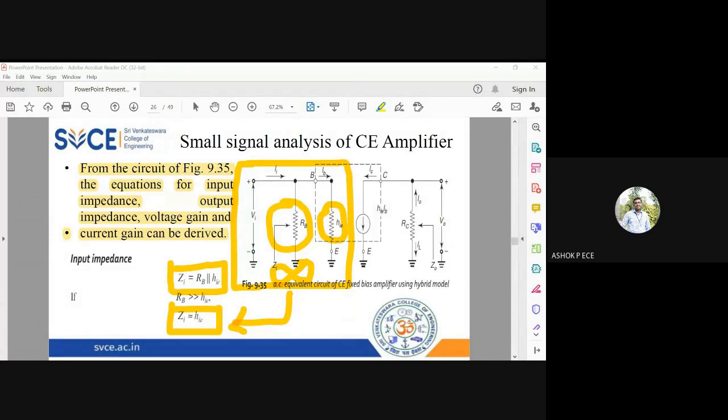Ideally, input impedance should be high as per our requirement. The input impedance should always be very high, right? I told you the reason. But here it is very, very less because you have a parallel combination of resistances at the input side. Is the input impedance computation clear to everybody? See, it will not be the same from circuit to circuit. The input impedance computation will be slightly